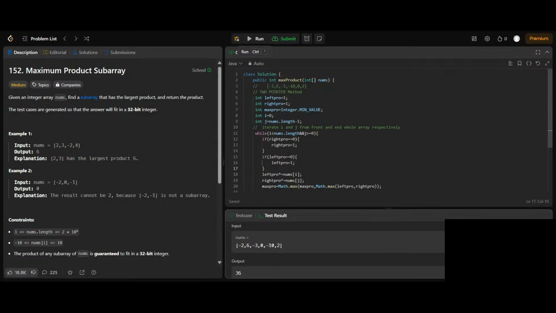We make a variable so we can sum it. We make as a